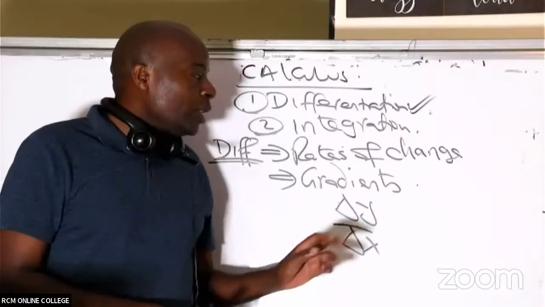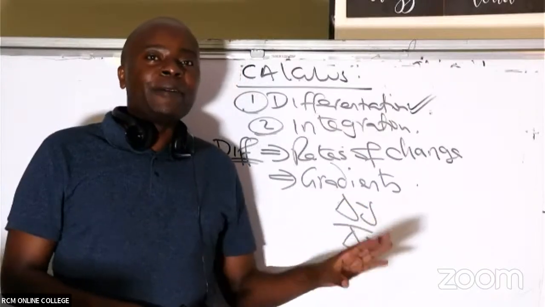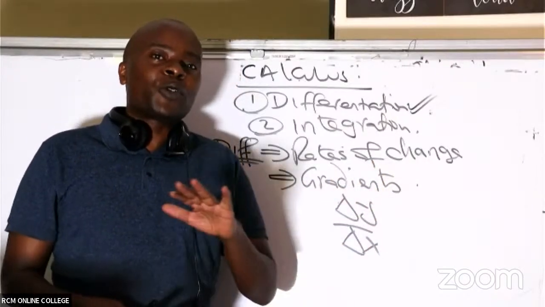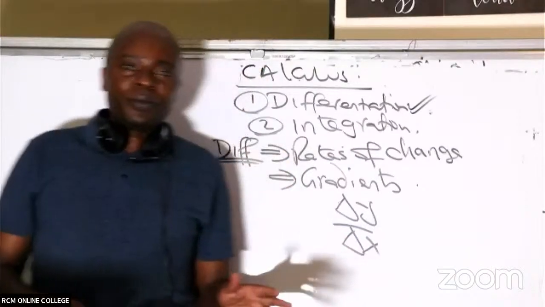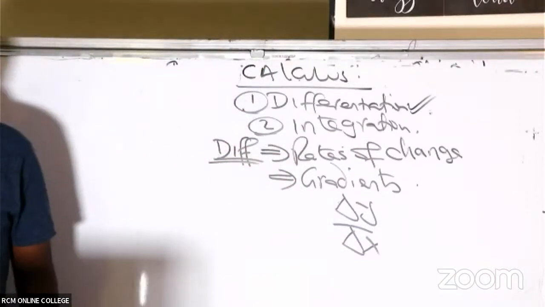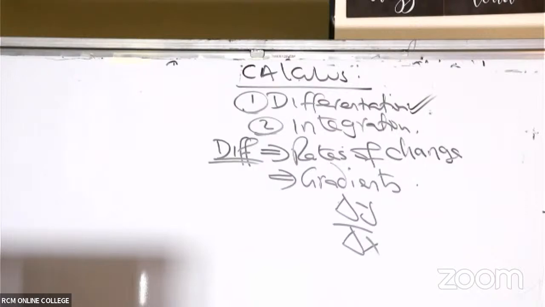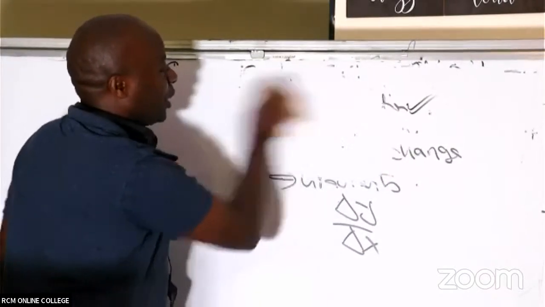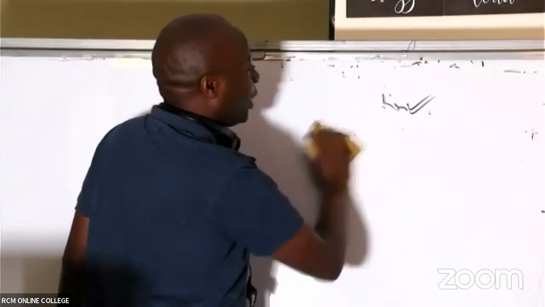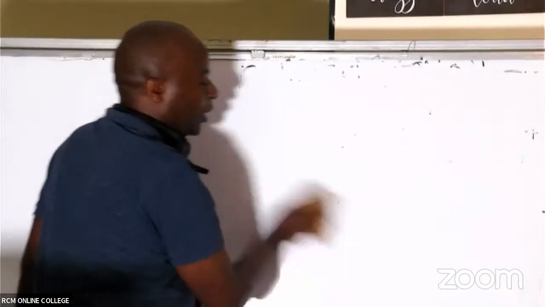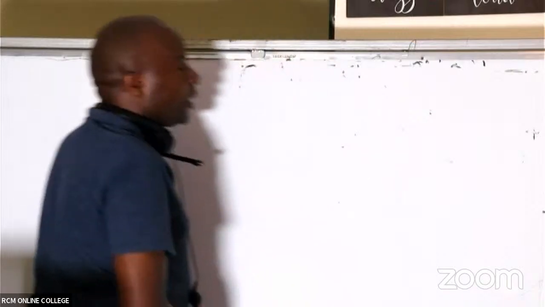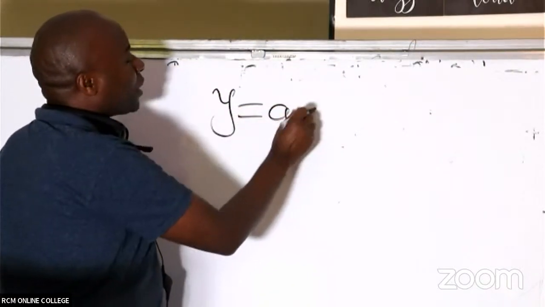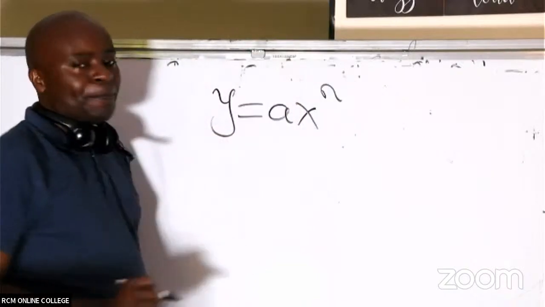I would have really wanted to delve more into this, but formula derivations are not part of our syllabus. For my case, I should straight away go ahead and show you, great students of mine, how we get to differentiate. So to differentiate, if you're given a function like y equals ax raised to power n,